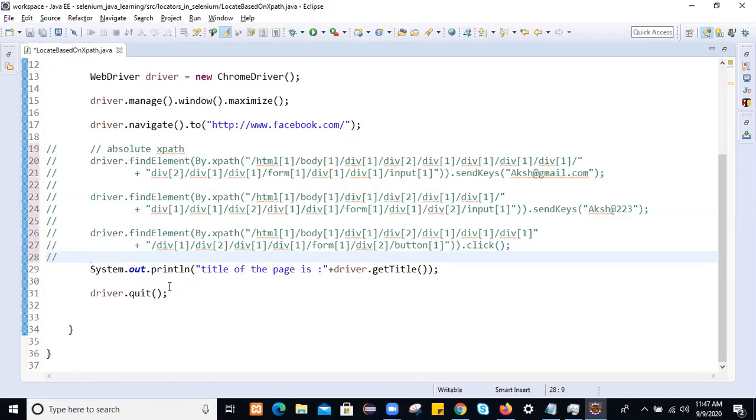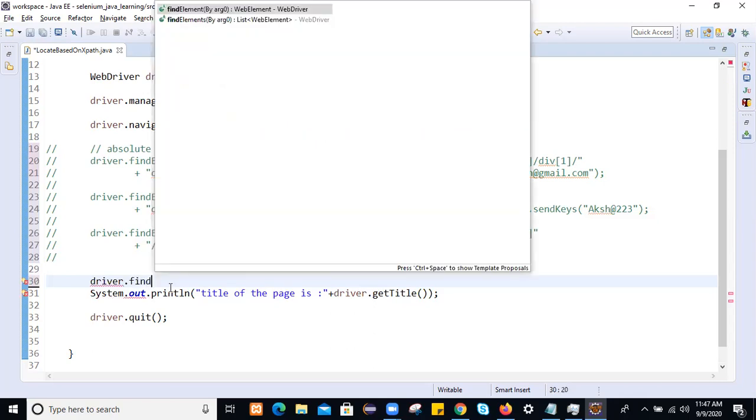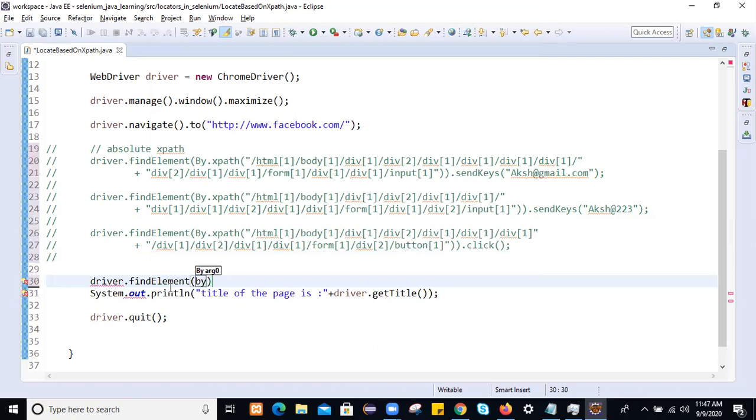To locate this web element, we will use By.xpath, but this time we will use relative XPath. That is called partial XPath.